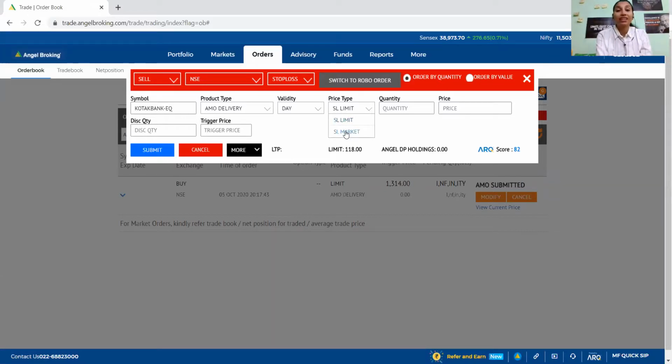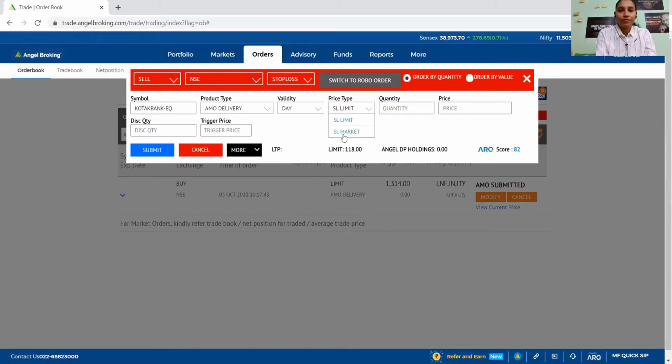Never do it on the market, because it will execute immediately. Your loss will be booked, because those people who have sold the share want to book profit at the lower level. For them, the lower level is the profit. So if by mistake you put it and your trade and their trade match, then it will book your stop loss. So you have to please be very careful. SL limit. Okay, so it is like this.